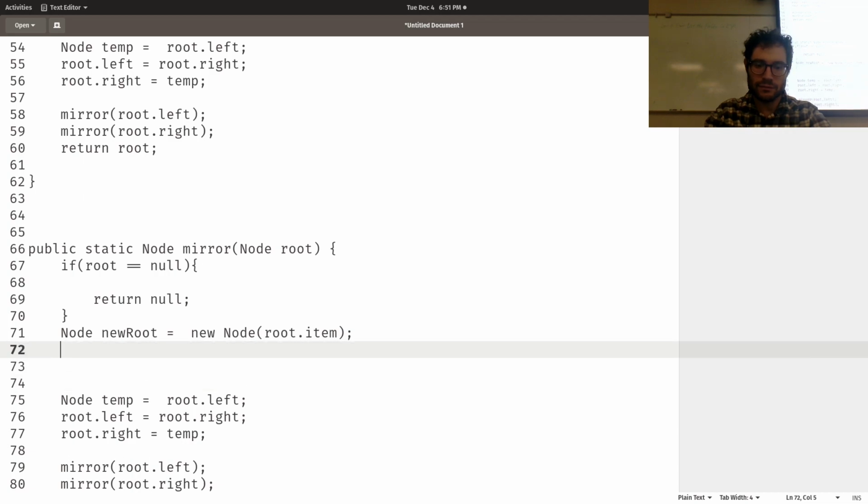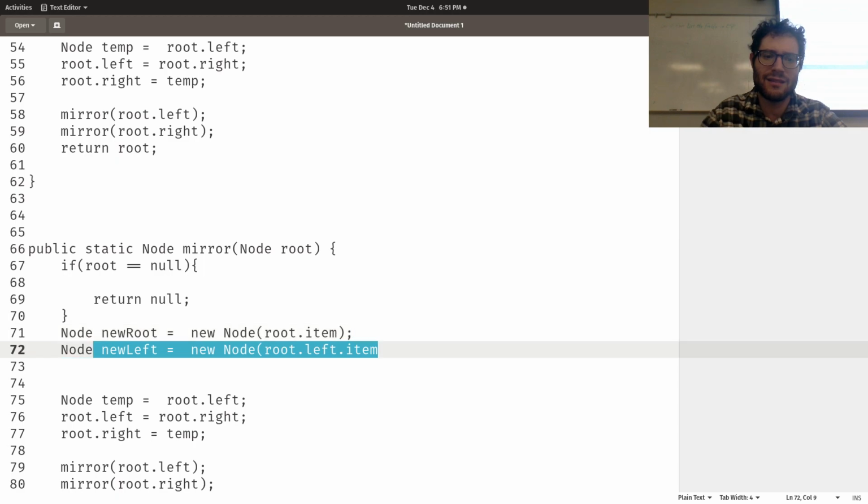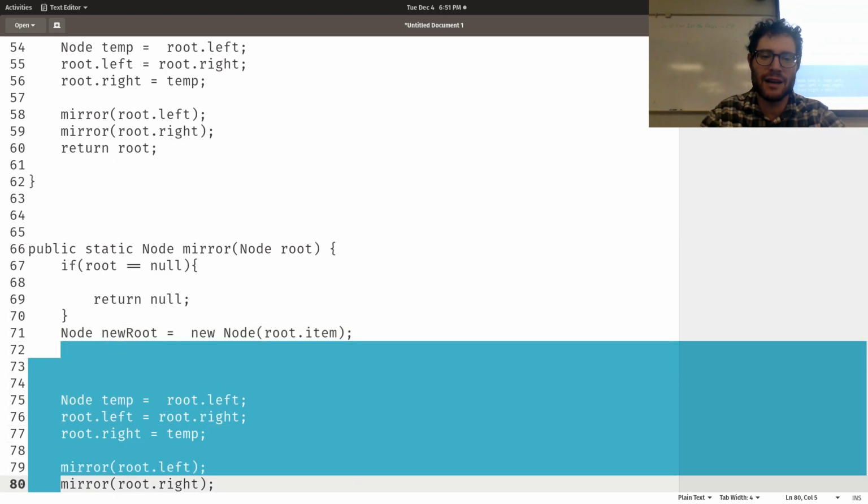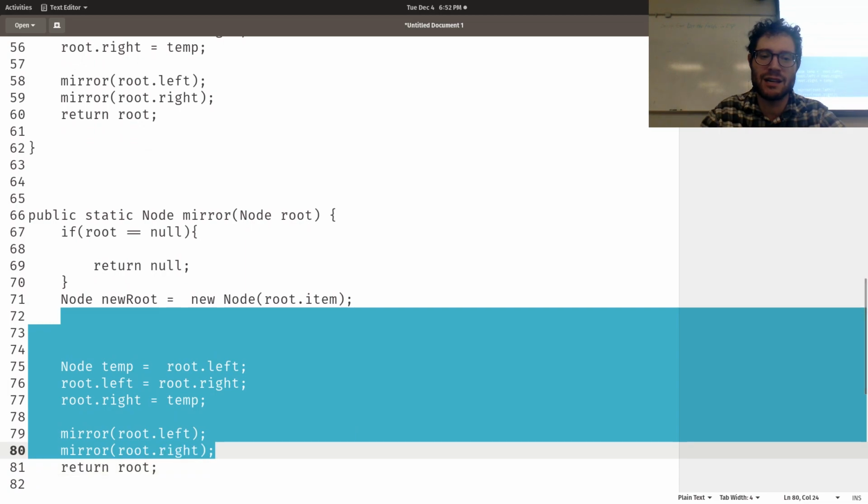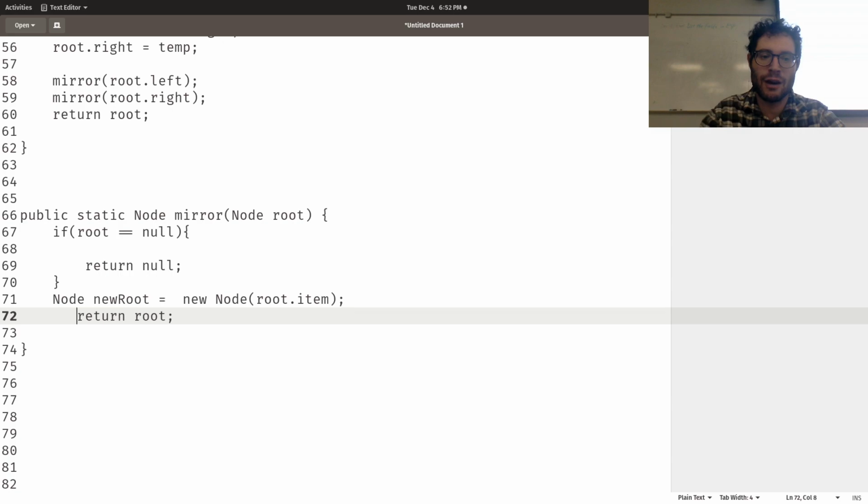Okay. Node newLeft is equal to new Node root.left.item, except that, oh wait, I can't assume that my left node and my right node exist. Oh, that's not too bad actually. Ah, that's fine. So actually, we can shorten this, because I can't assume what my children are going to be. So I just create a new copy of myself, and then what I'm going to do, I'm going to say newRoot